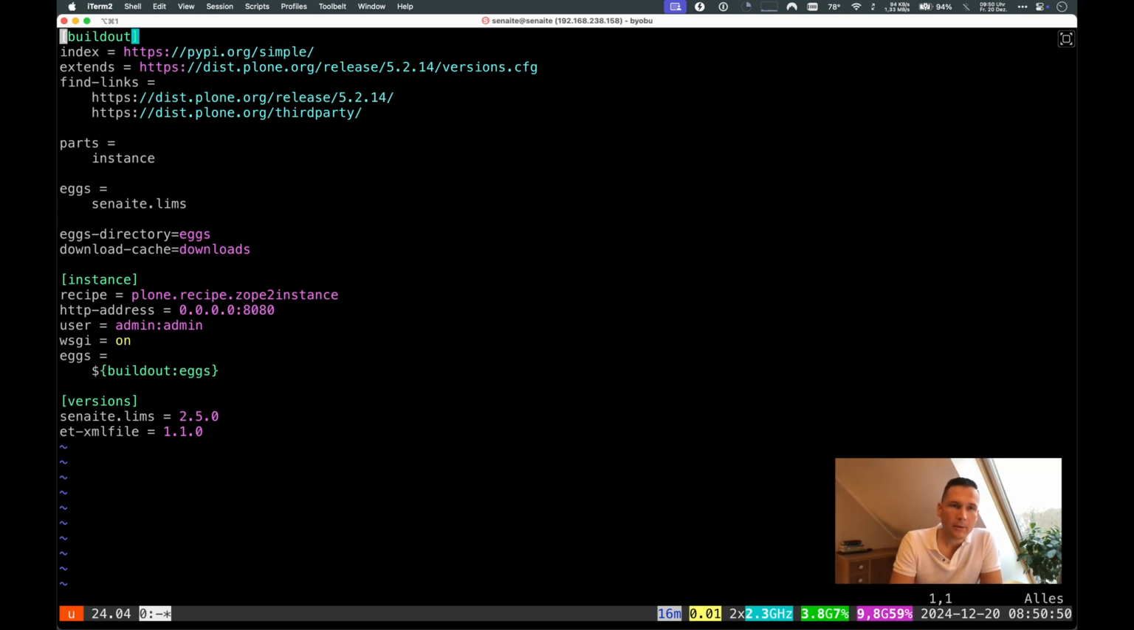When we go top down, buildout is the main section. There we mention, like, the index where the packages can be found and also find-links. The extends: a buildout can also extend another buildout file. And this one is the pinned version for Plone version 5.2.14. And then we have here parts, where other sections are